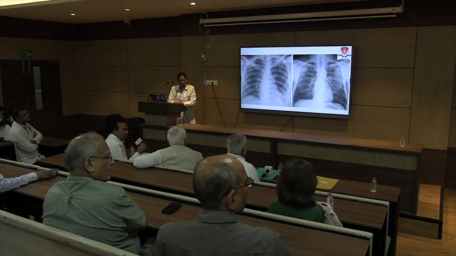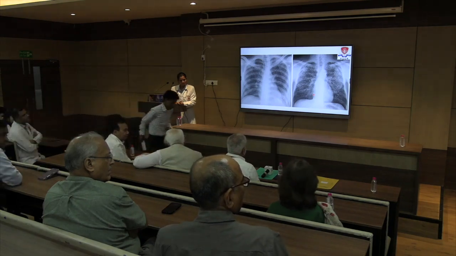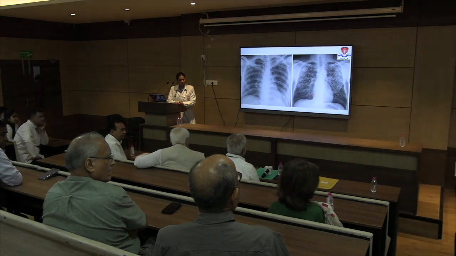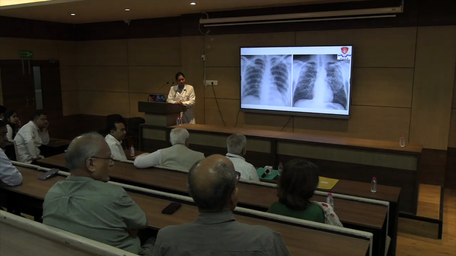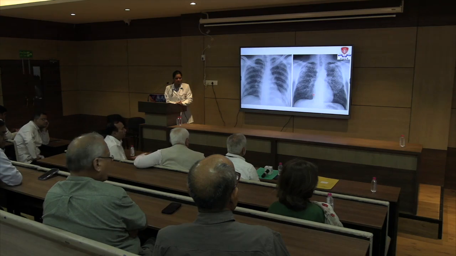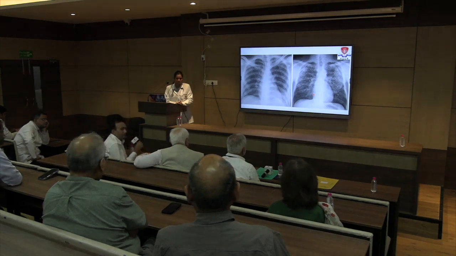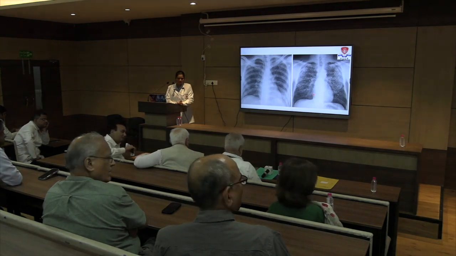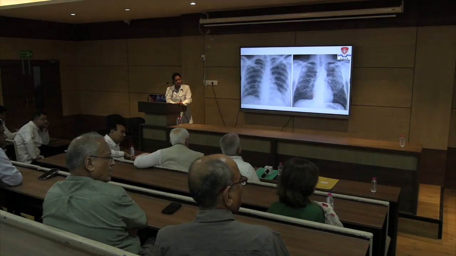Basically, there are a few signs. If it is a pulmonary vessel, the vessels will reach up to the margin of that opacity. Whereas if it is a lymph node, we will see the opacity with vessels crossing through it at the center. That is the hilum convergence sign. Typically we look at the adjoining vessels: if they are reaching just up to the periphery, it is pulmonary vessels.